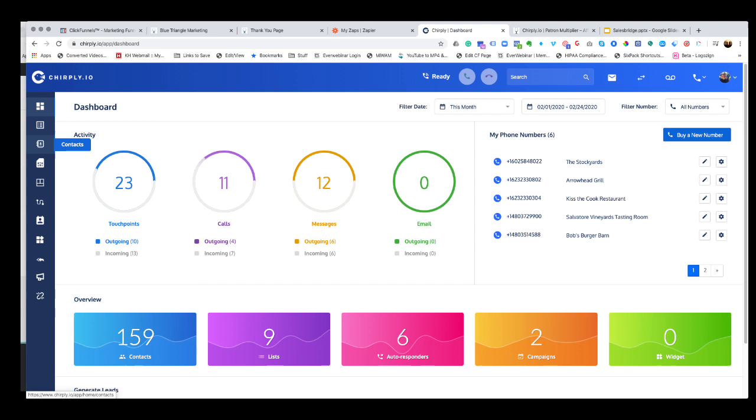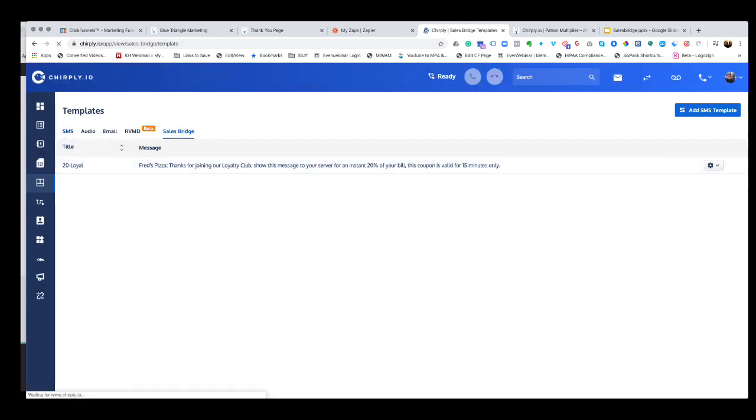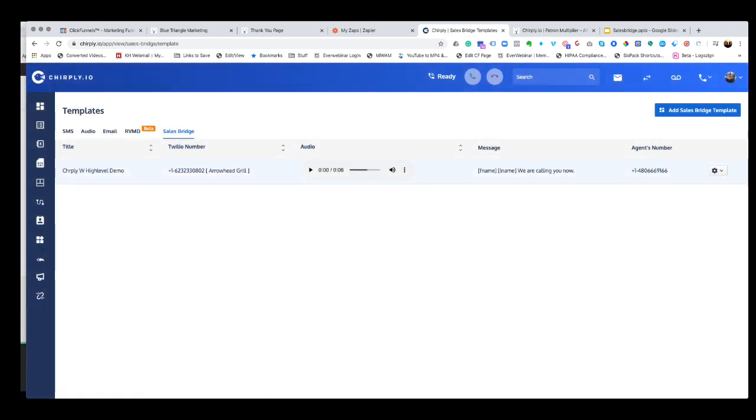I actually have training for this, how you do this. But you go into the templates here, and you see in the templates here, you can set up a sales bridge. And that sales bridge basically sets up a bridge between the number that you want the agent to have and the prospect that has just signed up.